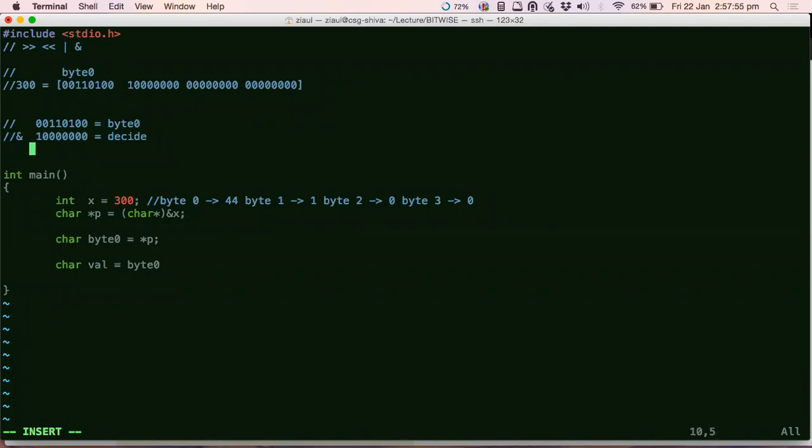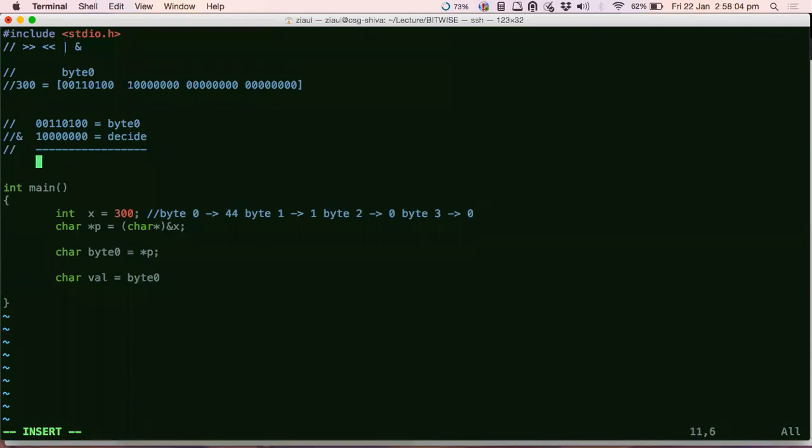So if I do this AND operation, what do I get? Sir, as all non-zero numbers are treated as ones, like true, it outputs the value of byte 0. Exactly. So now simply do this bitwise. That's why these are called bitwise operators: this AND operator is a bitwise operator. It will do the operation with the corresponding bytes, as in pairwise.